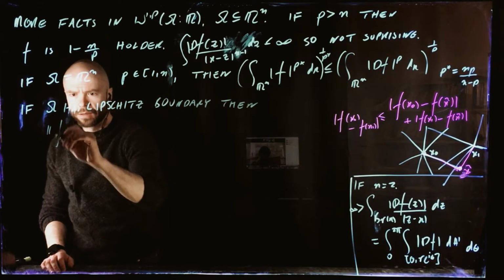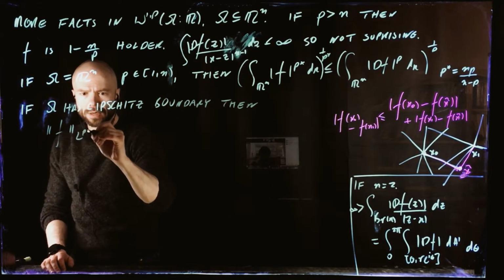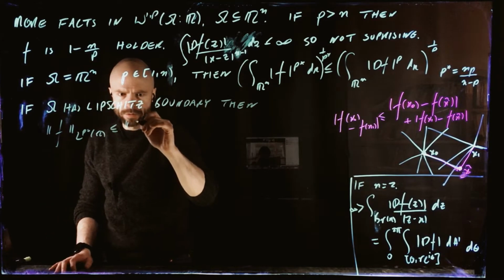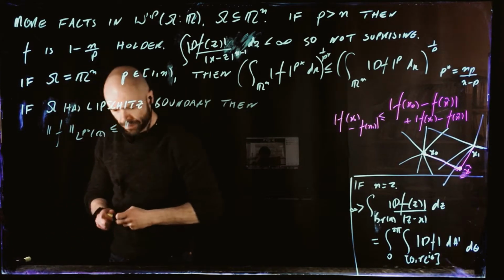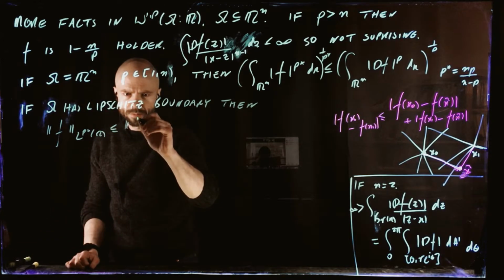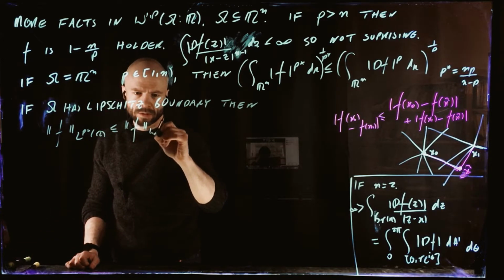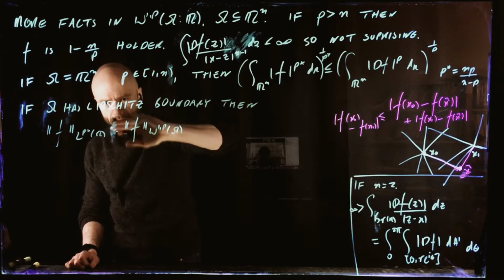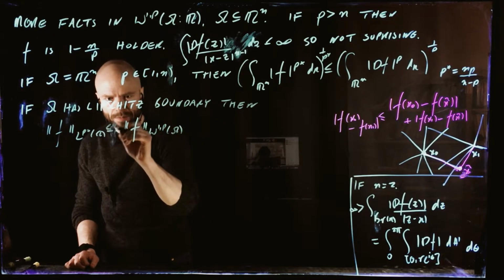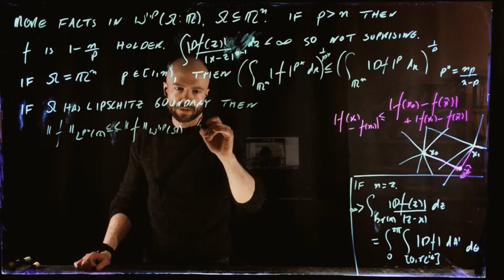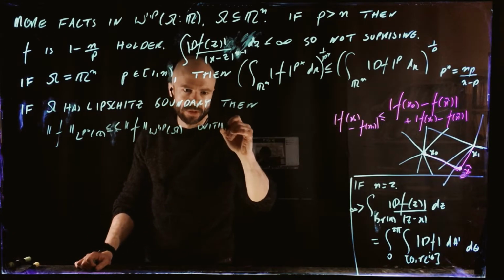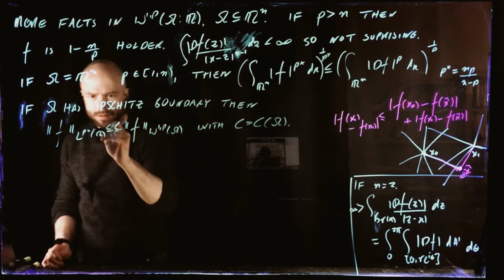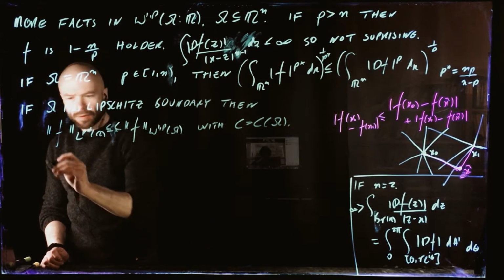Then we have the p star norm of this thing is bounded by the Sobolev norm of omega like this, with some constant, obviously, and this constant C depends on the domain. Yeah? Okay, so that's typically what's called